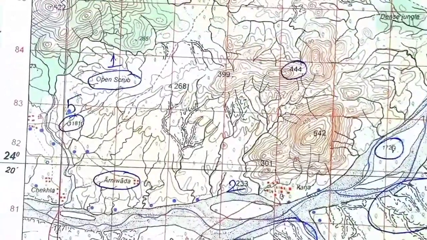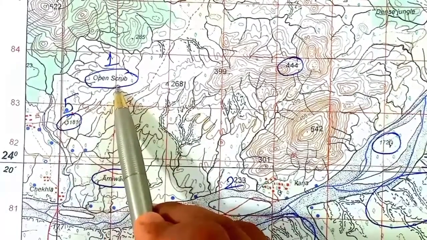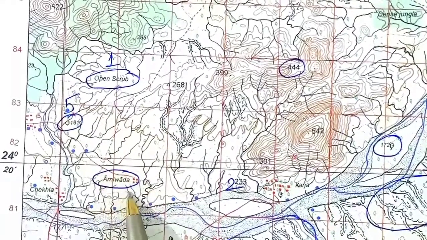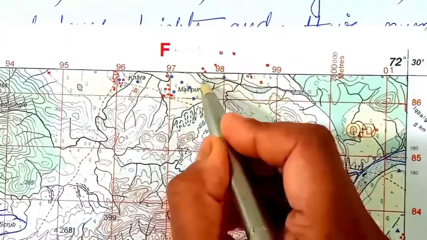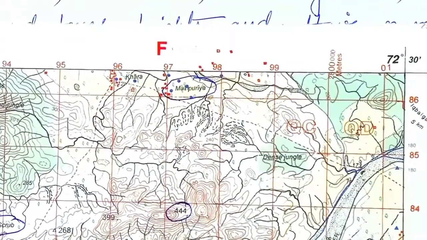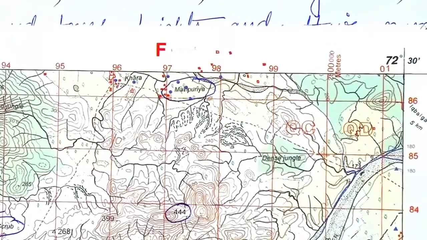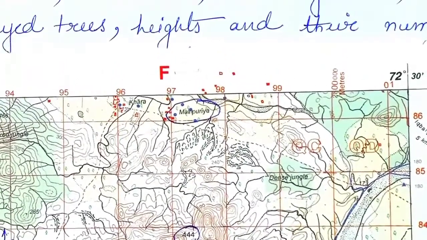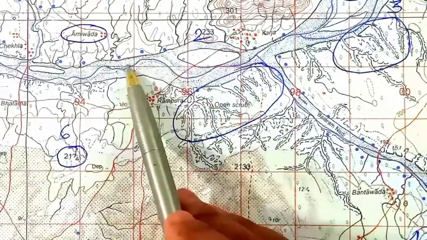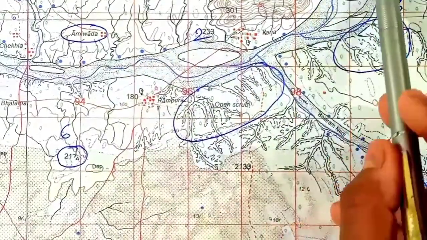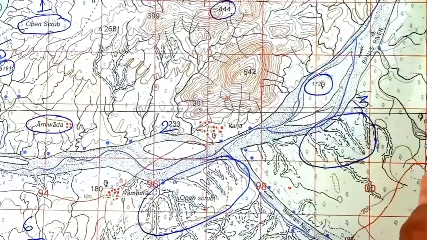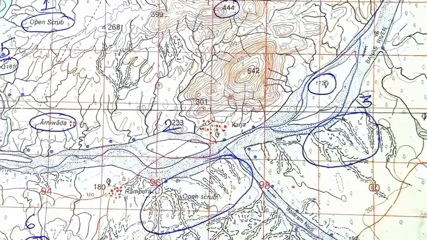See the first one, open scrub, the names, all the names. You can see the name of the settlement here. This is also written with black. Even you can see another name of a settlement. This is also written with black. So all the names in our topographical map are written with black. Next, we will see the river bank. You can see the river bank, this is also shown with a black color. All along the river bank you can see the margin, the bank is drawn with a black color.